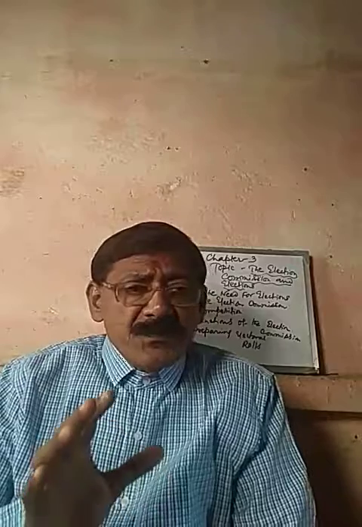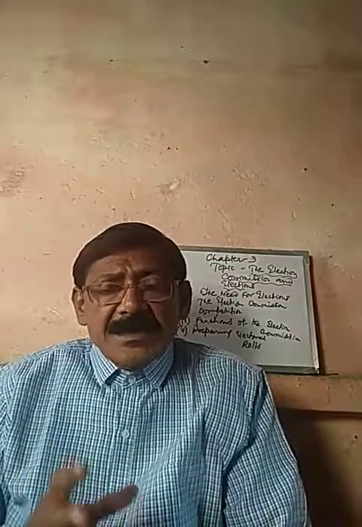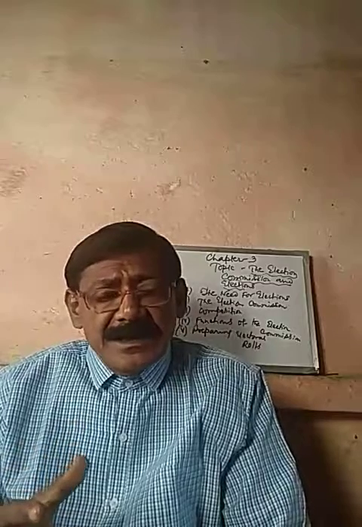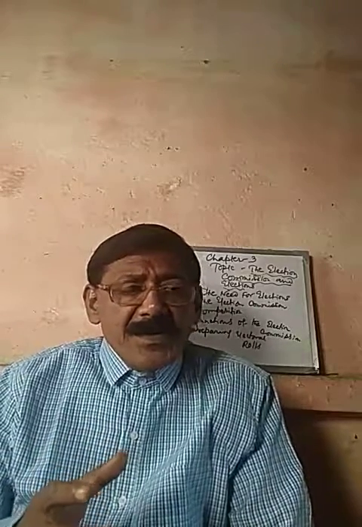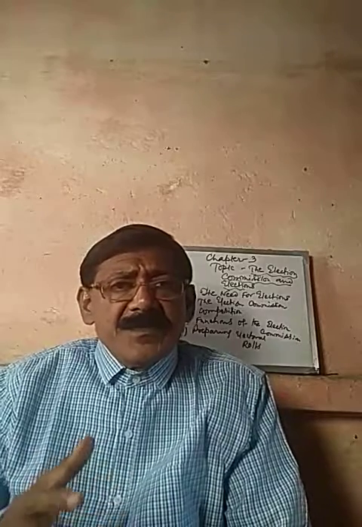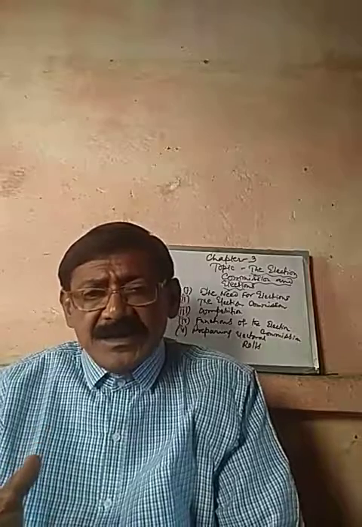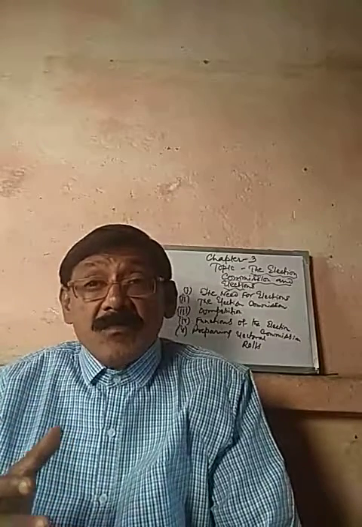And as soon as the term of 5 years is over, another election is declared, and then another party or the same party may form the government, depending on the acceptability of the government, acceptability of the political party, how much